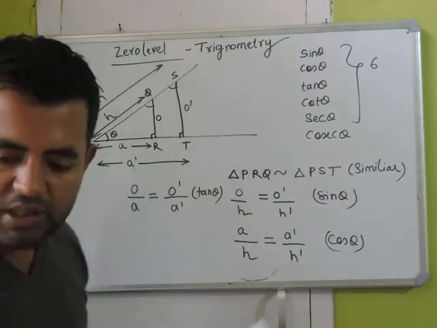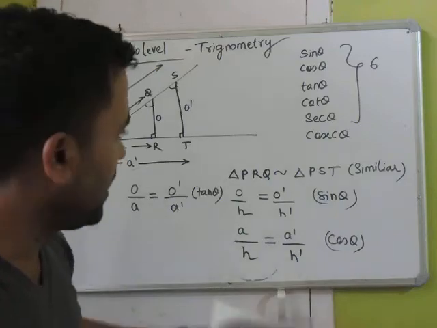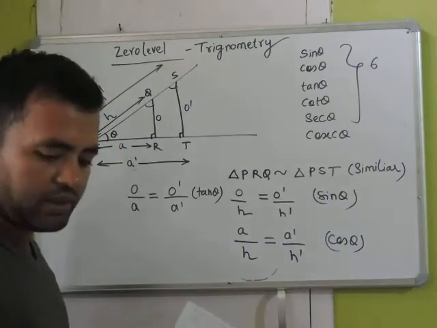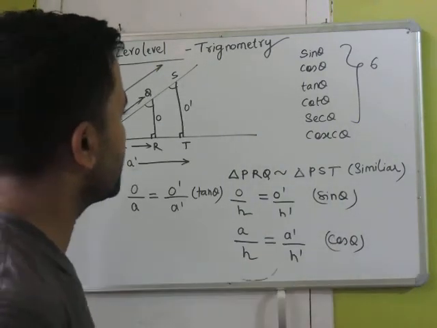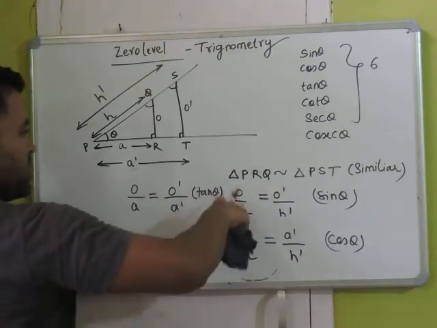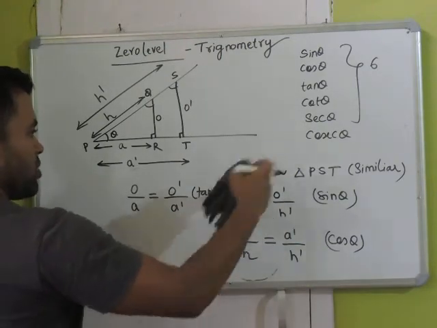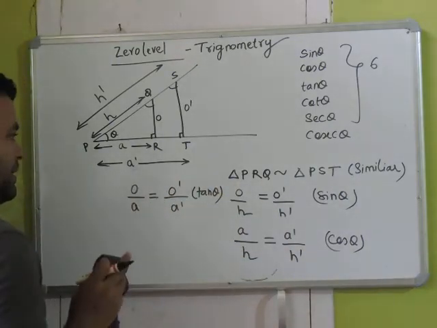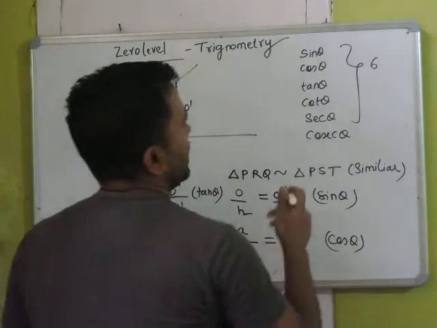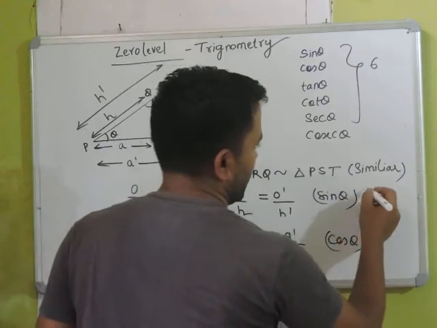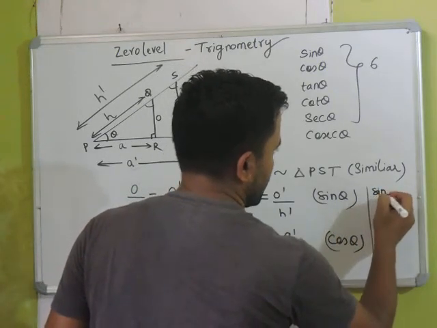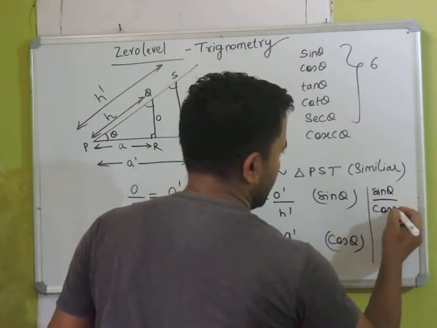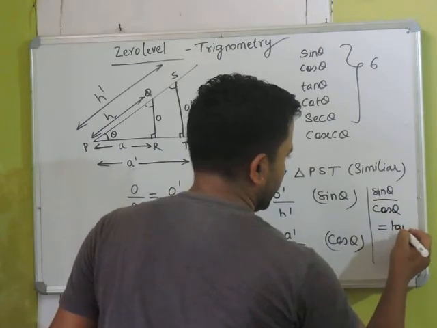Okay, of course there might be a different reason than that, but this way the thing comes. Because the ratio of the sides will be the same, that one ratio is called sin theta, cos theta. If you divide them, you get tan theta. We all know that sin theta divided by cos theta is tan theta.